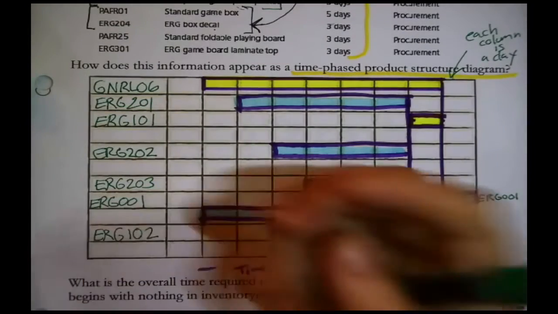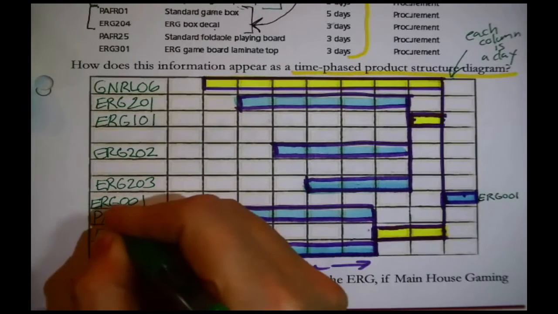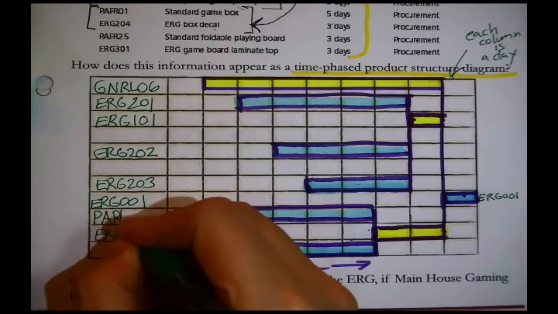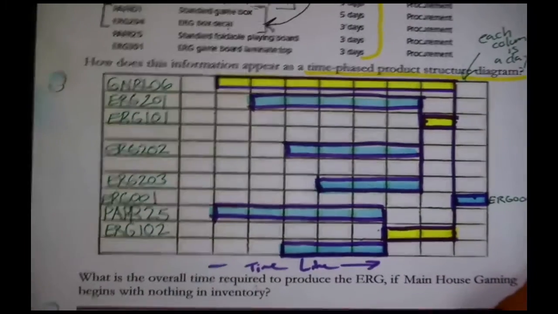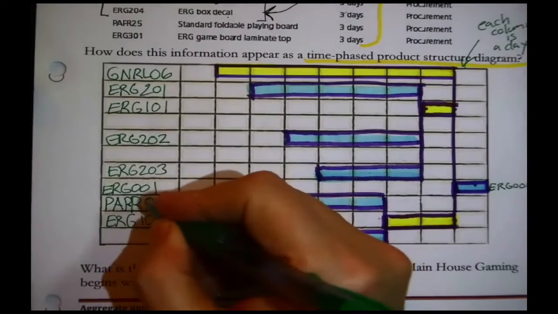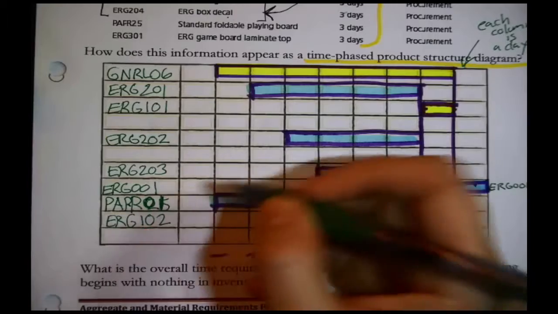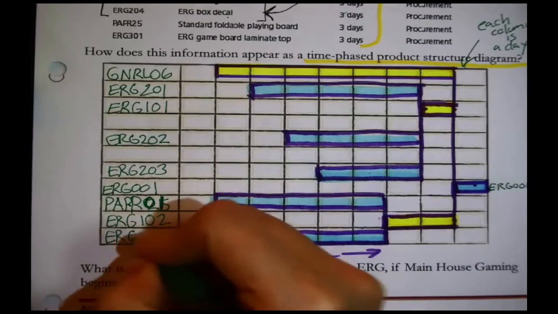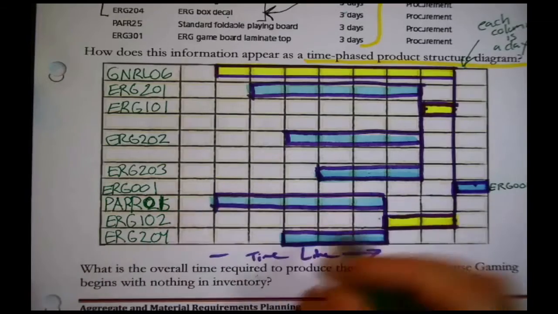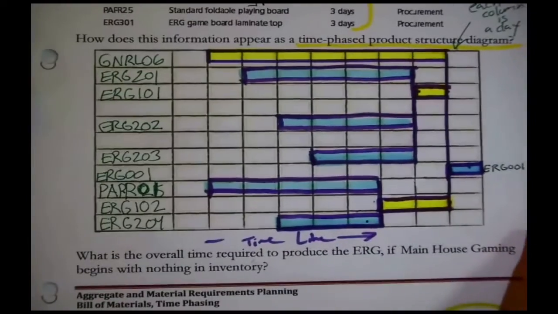Just a reminder to myself, this one right here was PAPR 01, the standard paper item. Oops, no, not 25, excuse me, 01. And this one is ERG 204. Okay, the box decal. Oh, hey, I think we're closing in on this, because there's only 2 other things left